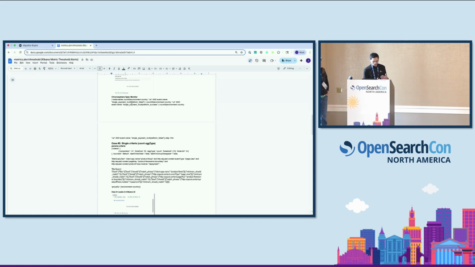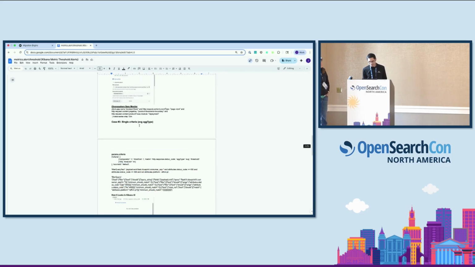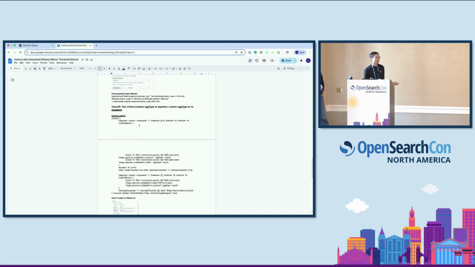We can have a static aggregation type, like a count, so a count of log documents. We can have an average, but we can also have this other path, where we can have more than one criteria. We can have 2 criteria, 3 criteria, and each of them can be a custom aggregation type with an equation, or we found that it cannot have an equation. And that was an edge case for which we then saw that it actually just defaults to a count. So yeah, being able to really understand the problem